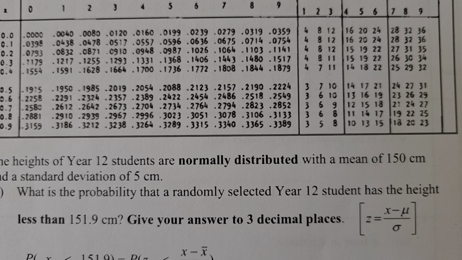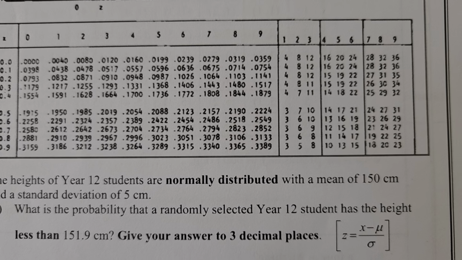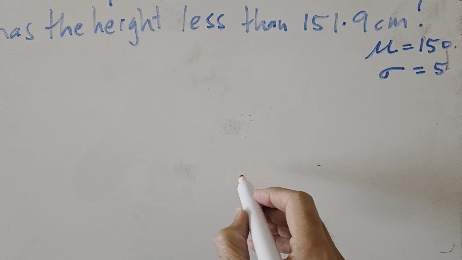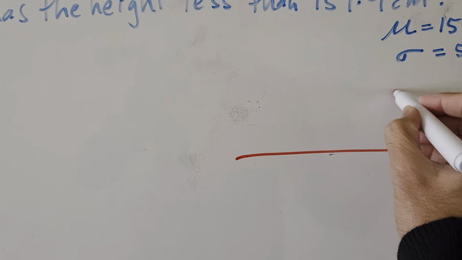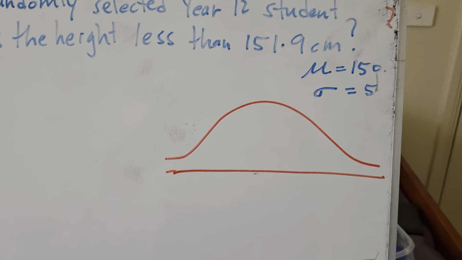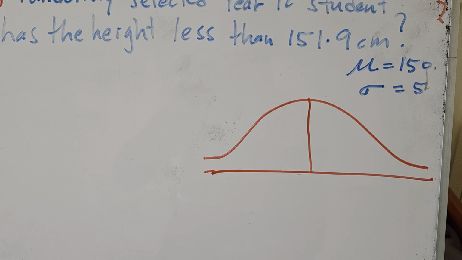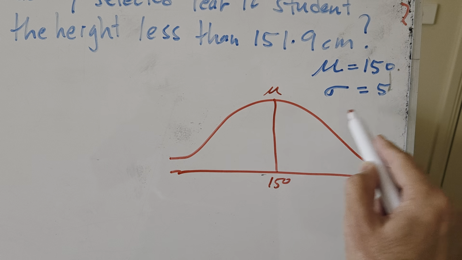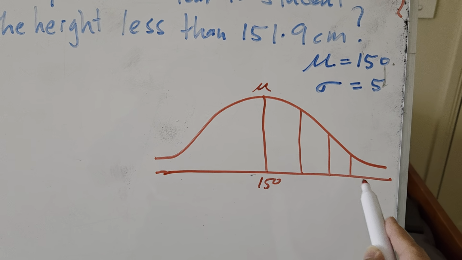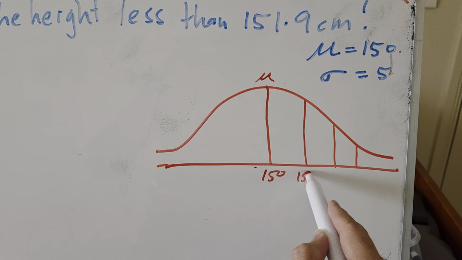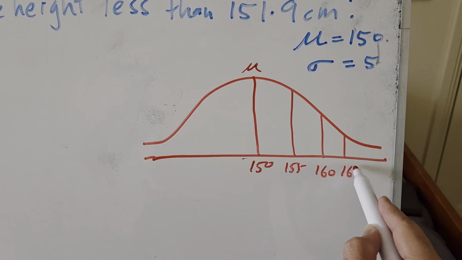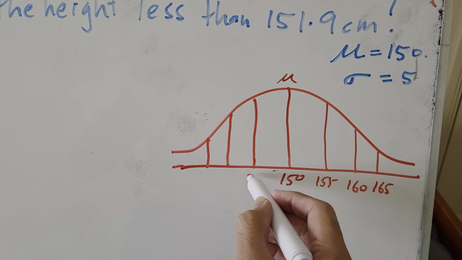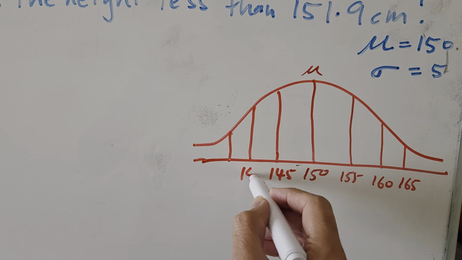So over here we will be using the formula Z score is equal to x minus mean divided by the standard deviation. So what we can do over here firstly is make a sketch of the normal distribution curve, a straight line across, and then a bell shape. The mean is 150, so the center line, the middle line, that's the mean, and that is equal to 150. Standard deviation of 5. The bell shape has 1, 2, 3 standard deviations towards the right. 5 means plus 5, so that will be 155, plus 5, 160, plus 5, 165. And then 1, 2, 3 standard deviations towards the left. Now this one would be minus 5. This is 145, minus 5, 140,